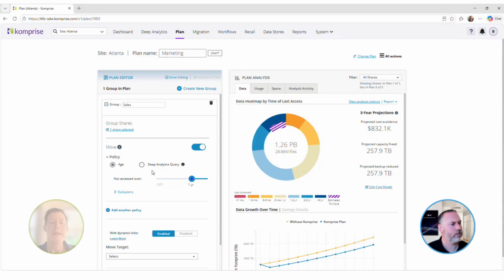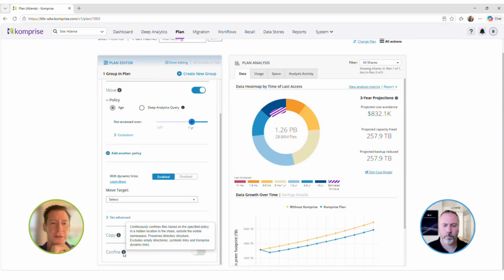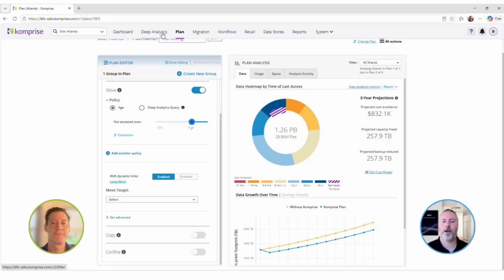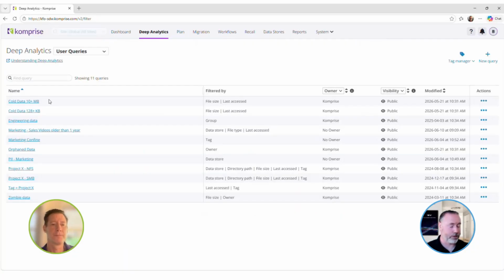Answer your question? Yeah, I also think we're seeing a growing interest in AI ingestion. So that would be a good one, right? Make that a very specific query as your input. And I think you're going to talk about that with smart data workflows later. They asked a leading question, so I might as well go there now. Perfect. All right, so let's jump back over to deep analytics and talk about, well, we'll use ingestion for the